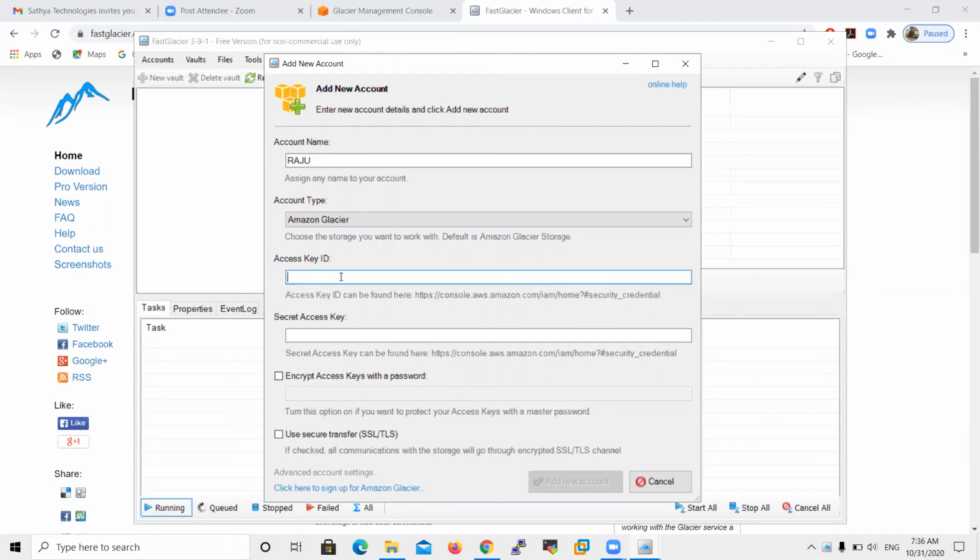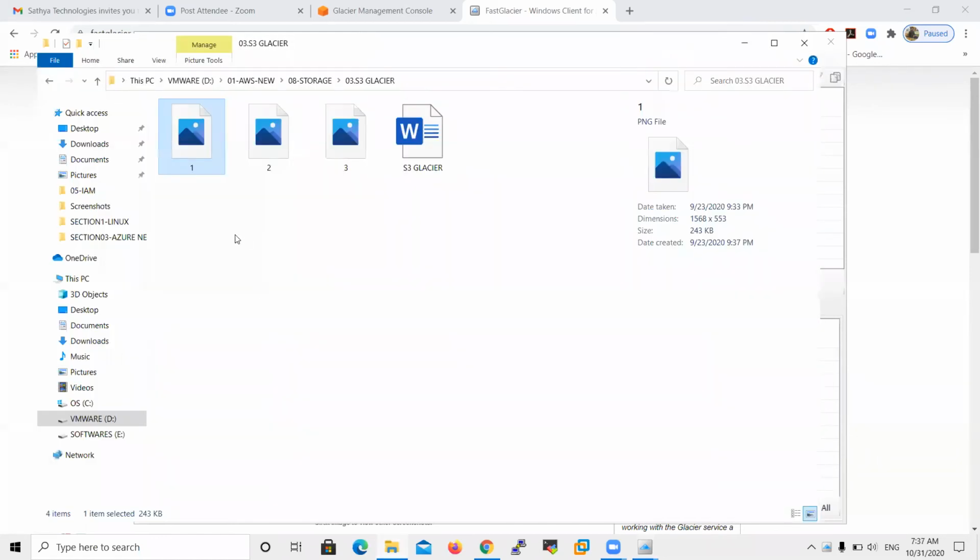Okay, I have one account. My account is aws.ppp@gmail.com, that is the account ID. But you must add that account ID, access key and secret key. Then only this machine knows where to upload and from where to download. So I want to upload to my account, that's why I need my account access key ID and secret key ID.